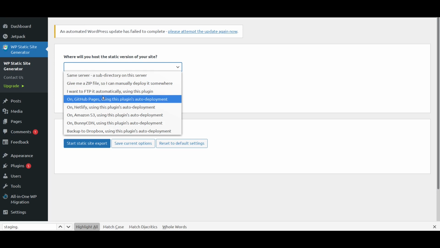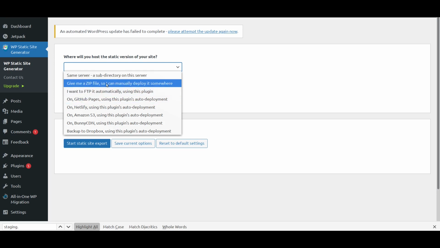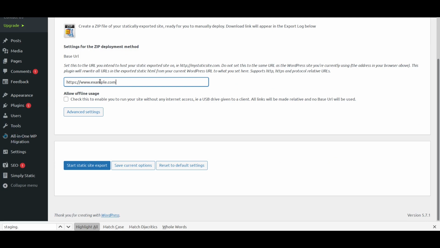You can also FTP it automatically if you want. I prefer to have a zip file, so that's what we are going to do. And then you provide the URL there where you want to host it.